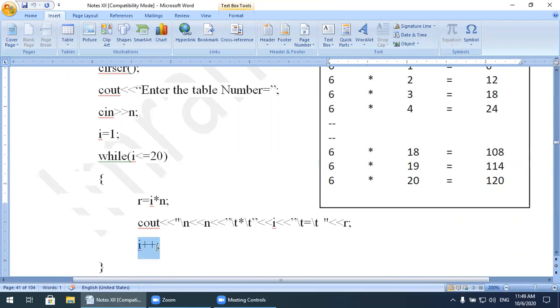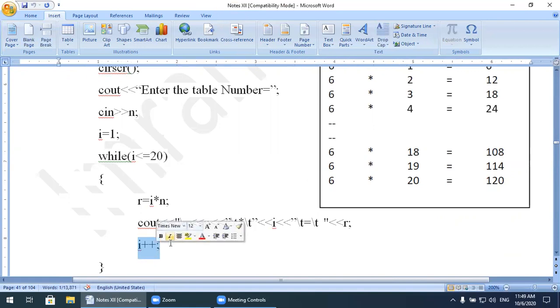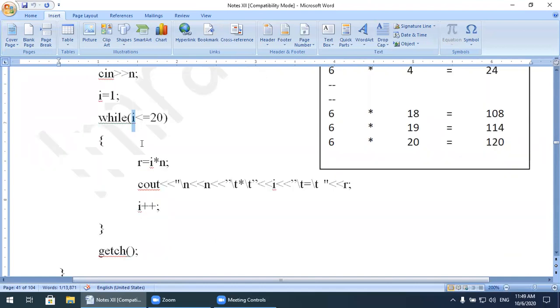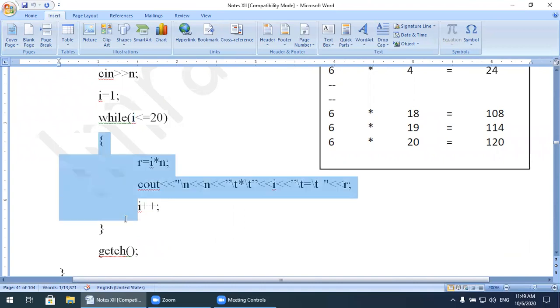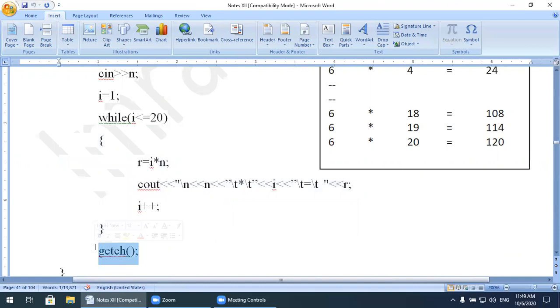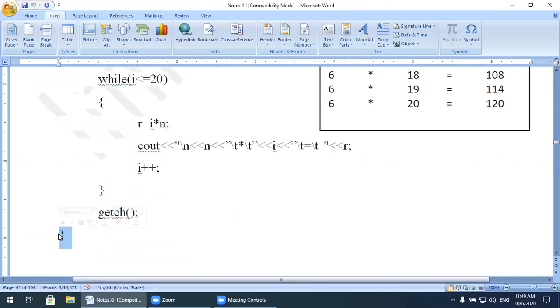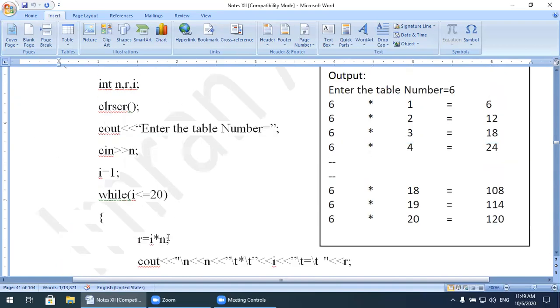Now when the value of i becomes 21, the condition will be checked. 21 is less than or equal to 20, the condition is false. When the condition becomes false, control automatically transfers after that block, and after that block this statement is present, and after that the termination of the main function, and the program is finished over here.